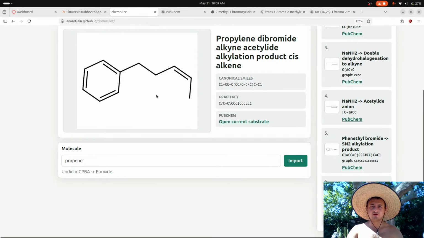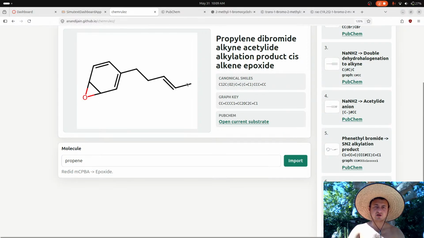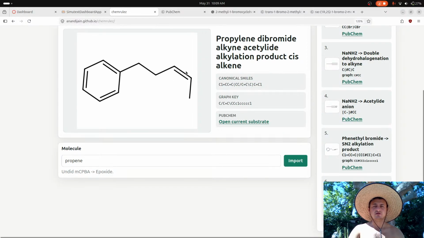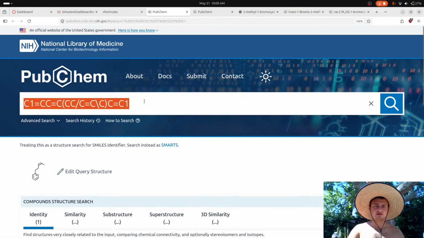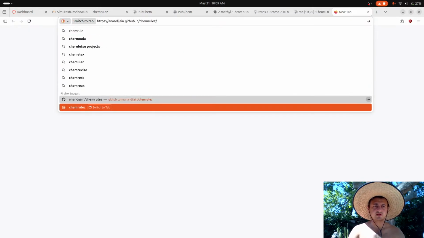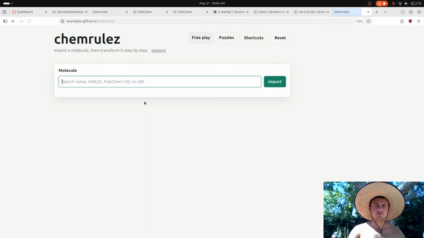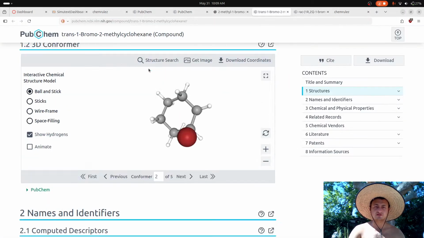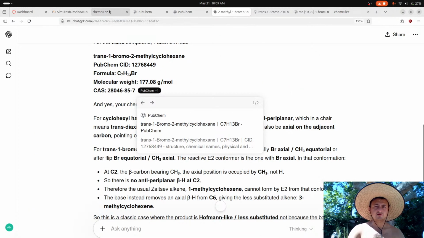Because if we go here, it's cis. If we go here, it's trans. Obviously also the epoxide added to the wrong spot. So okay, I think the most important thing is that if I go to ChemDraw, wait, I want this, but I don't want to switch. Okay. I lost it. Wait. If I go here,